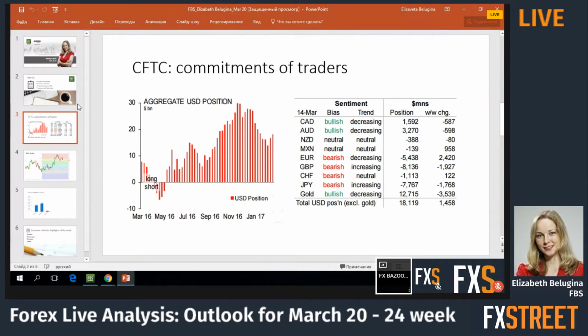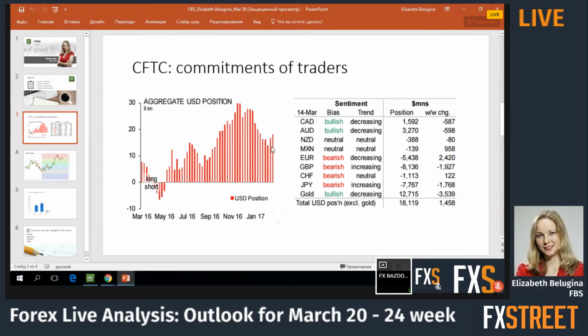The data was released on Friday, and it covers the week which ended on Tuesday, March 14th. But still, we can try to catch some important changes in positioning of large players, and this should help us detect some changes in big market trends. So, as we may see, the overall US dollar long position